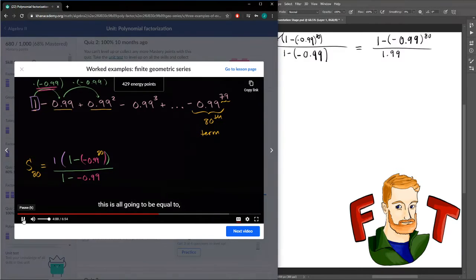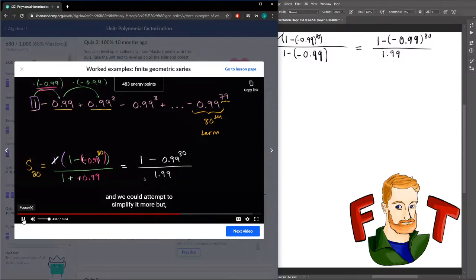This is all going to be equal to, well, that 1, we don't have to worry too much about that. And so this is going to be 1 minus negative 0.99 to the 80th power. Actually, put parentheses there to make sure we are taking the negative 0.99 to the 80th power. Well, we're taking it to an even power, so it's going to be positive. So that's going to be the same thing as 0.99 to the 80th power. And all of that over, well, subtracting a negative, that's just going to be adding the positive. So all of that over